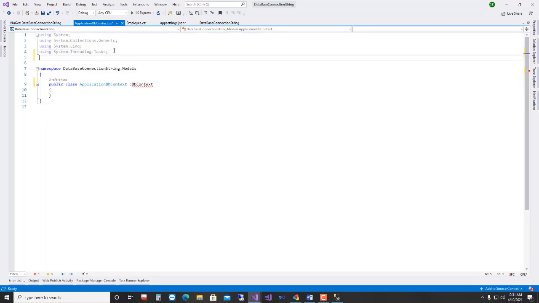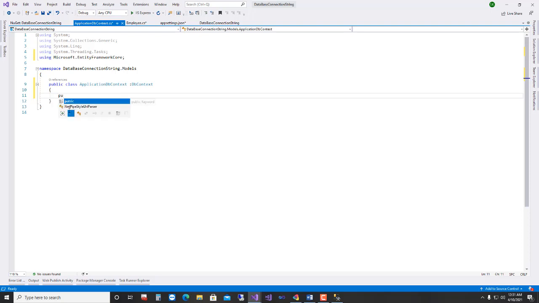I need to give a reference using Microsoft Entity Framework Core. Then I need to create a constructor.